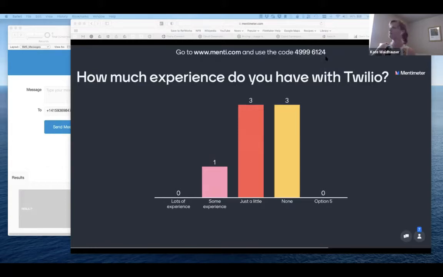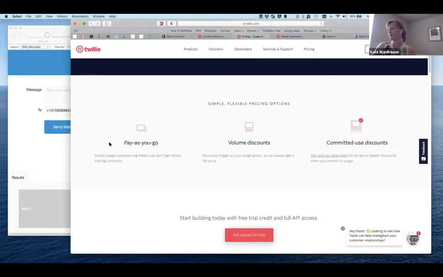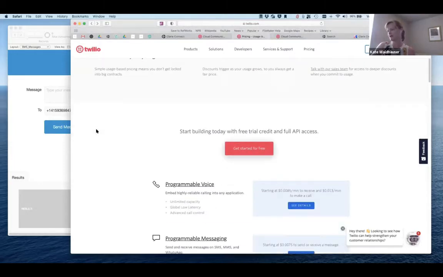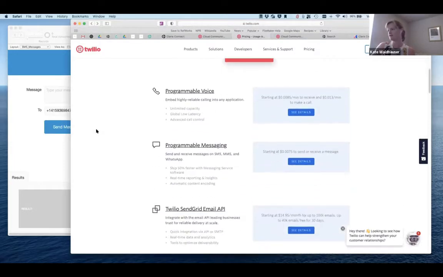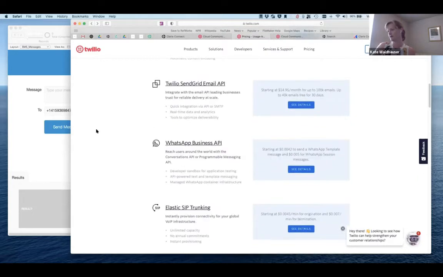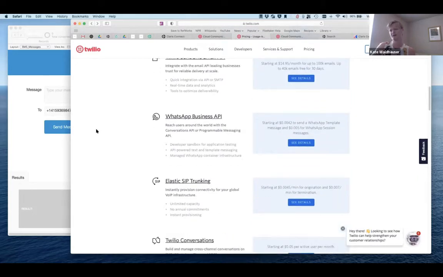Well, Twilio is a really cool tool. It's basically cloud communication. It's a set of APIs that let you connect via voice, messaging, WhatsApp, email, and I think there are even a few more.